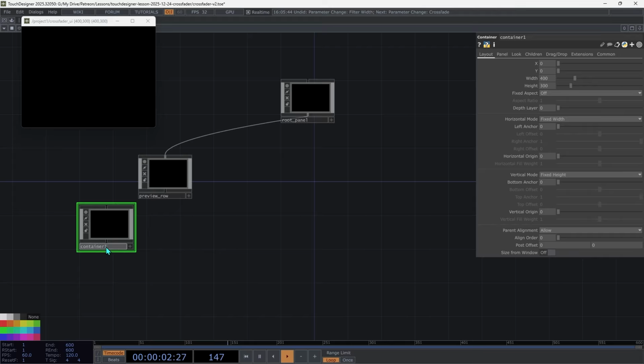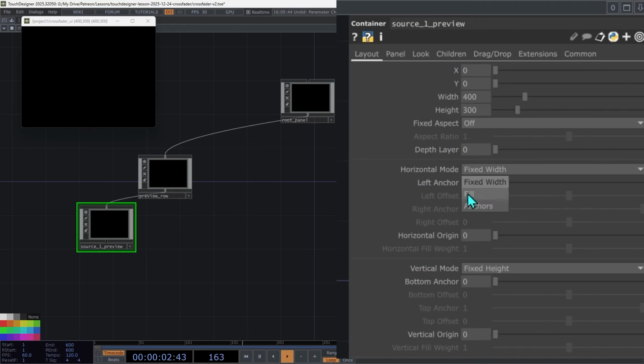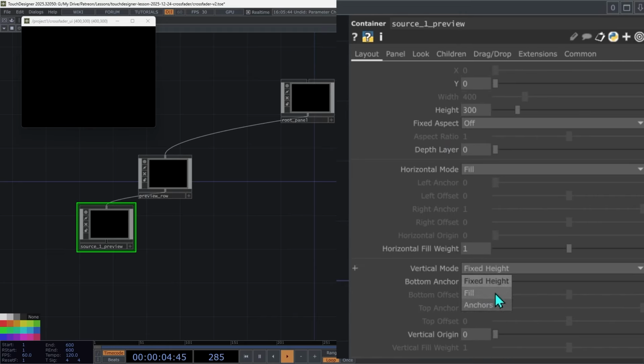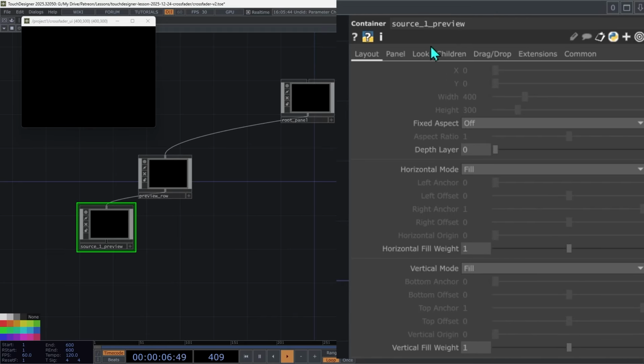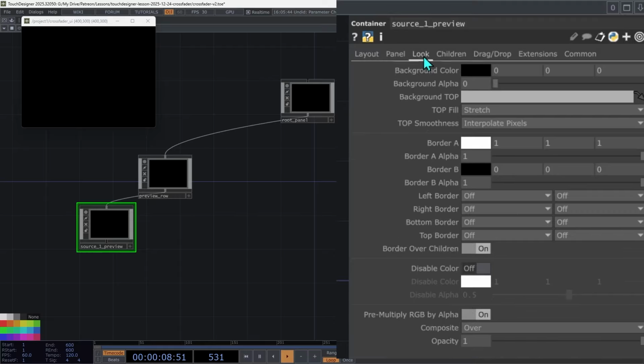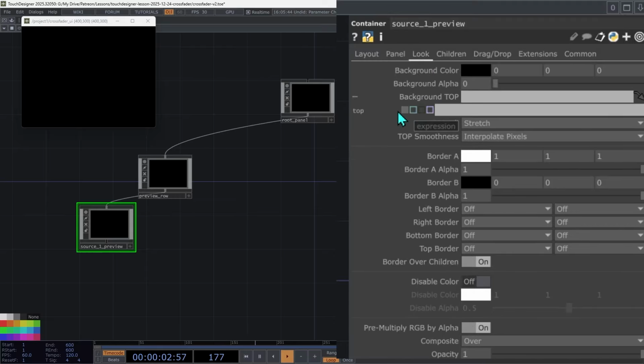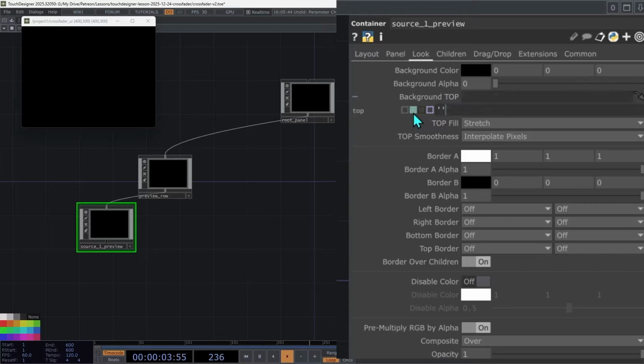We can call this one Source 1 Preview. Make this a child of Preview Row. And again, we're going to change this to fill and fill. And then for the look page, expand this background top parameter, switch it to expression mode using the little blue box here,